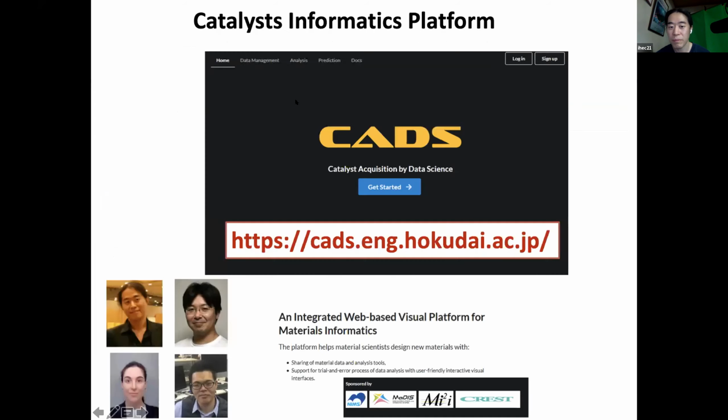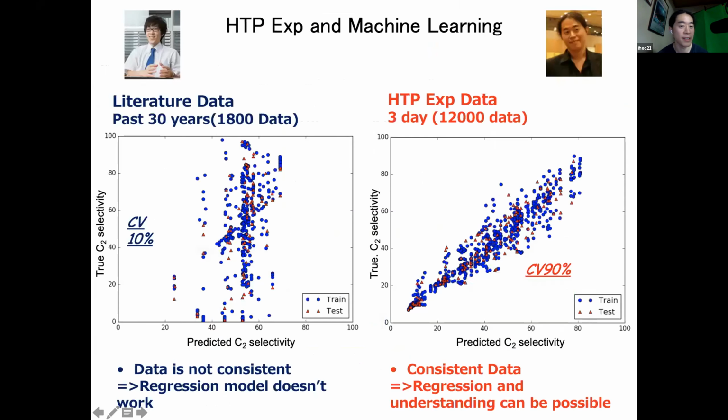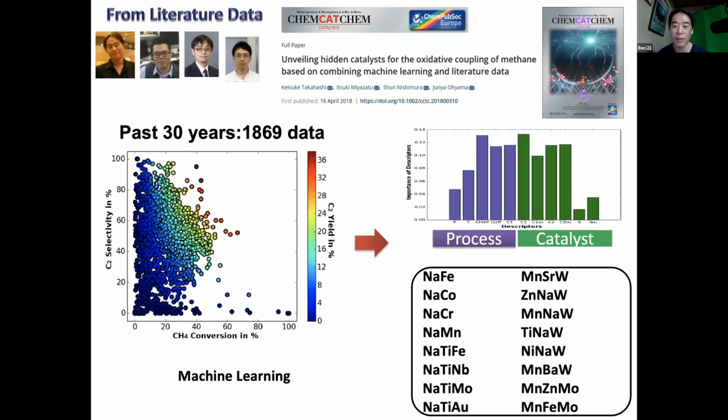Okay. For this type of catalyst work, it's written here, so I should make it more clear. We actually use catalyst element information, basically catalyst composition, and then the pressure of CH4 and O2, and also the temperature. Those are the descriptors we have used. So I hope this answers your question.